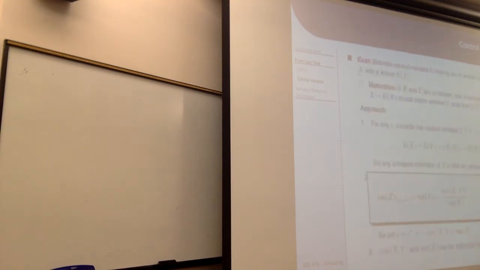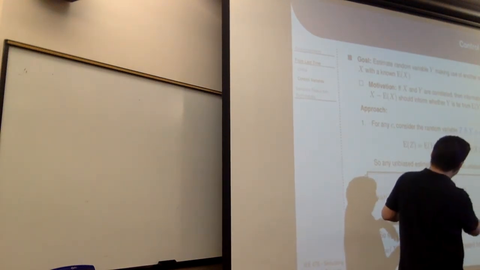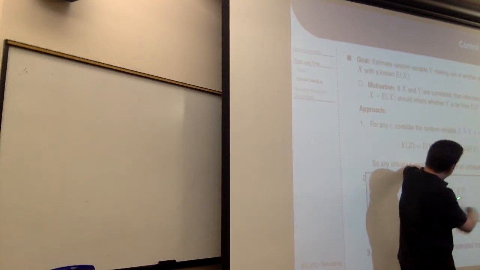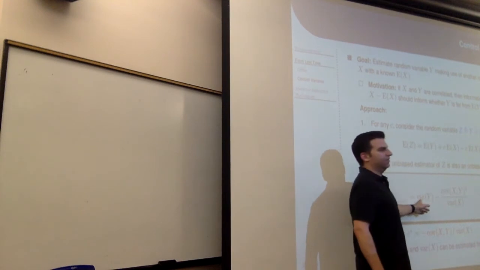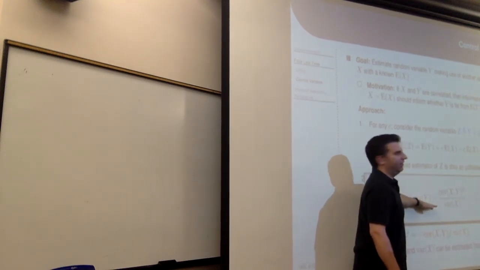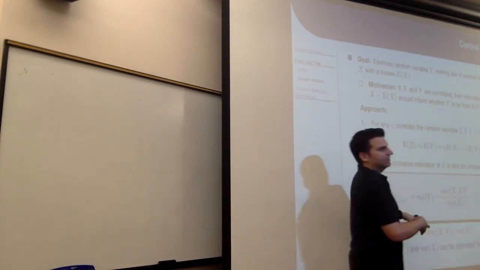Yeah, question? Going back real quick to the previous slide, why is it that if you have greater covariance, the reduction is greater? Just because of this, there's a minus here, and so as long as I have larger covariance here, then this term is going to get larger and thus subtract off from this term, variance of Y. So it's kind of like variance of Y is the worst case scenario, but if I can make X and Y perfectly covary, then I can basically get rid of all the variance in Y.